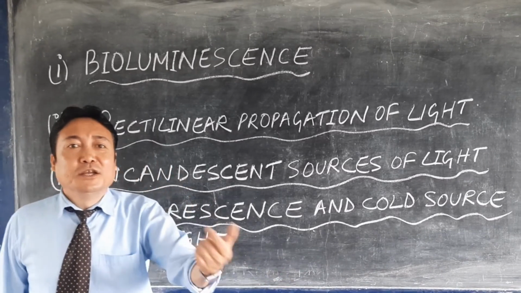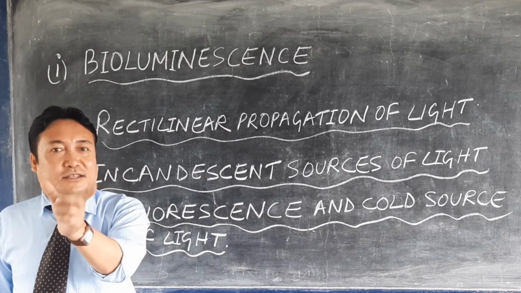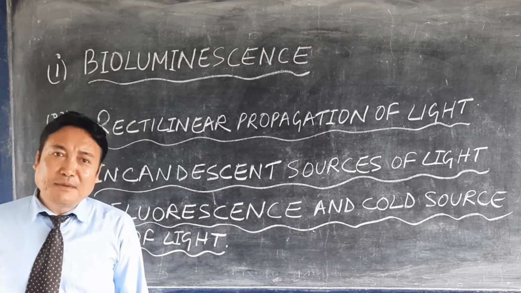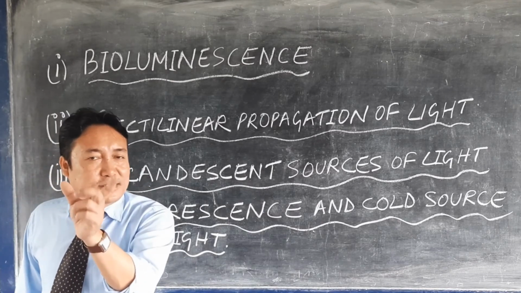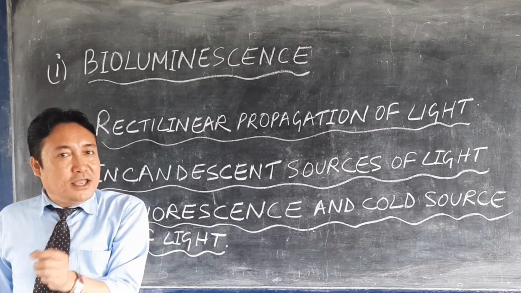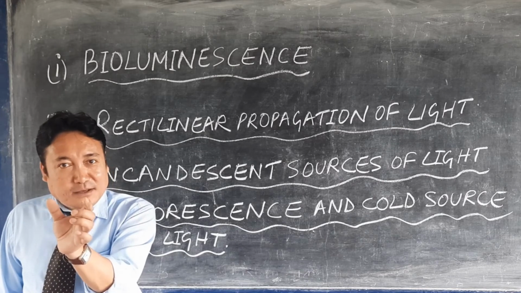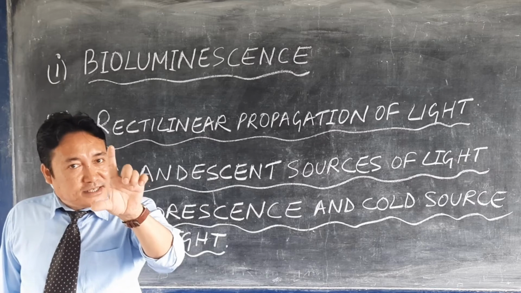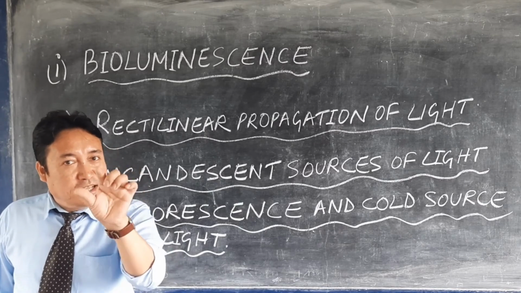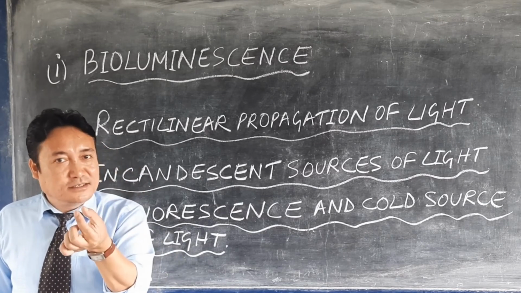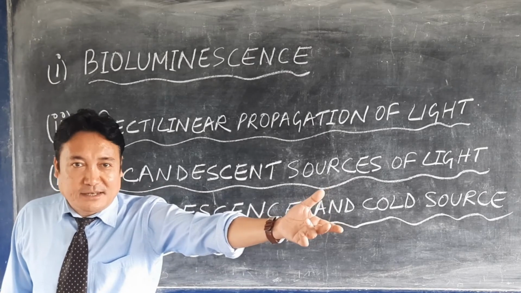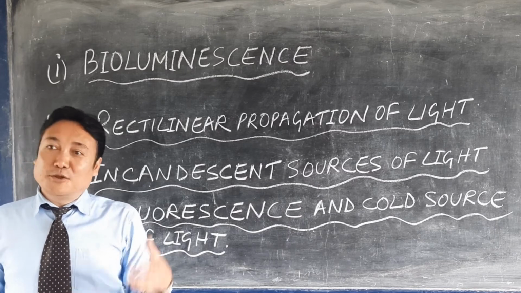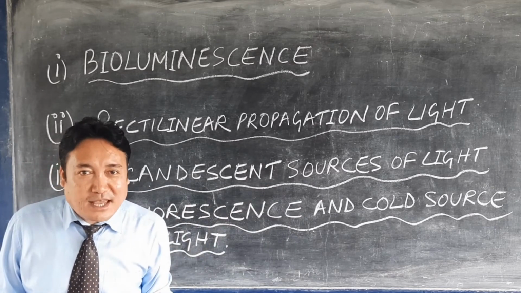You can see the neon light, and also the sodium vapor lamp. Even in some Cadbury sweets, you can see during the night that in a plastic container there is some sort of tube, and inside the tube there is some jelly-like substance, and it emits light during the night. You play with it, and you become very happy when it emits light.